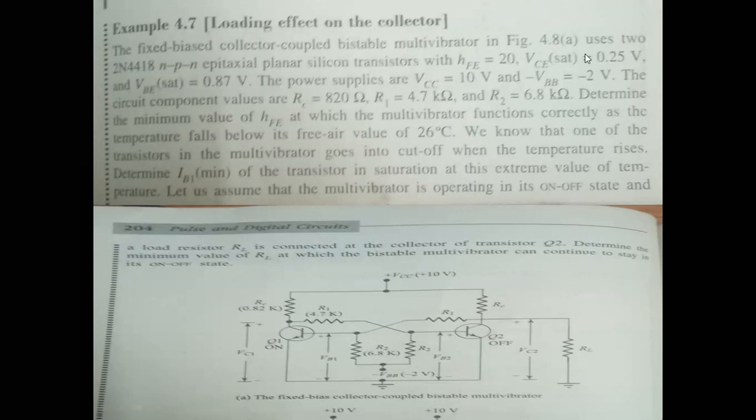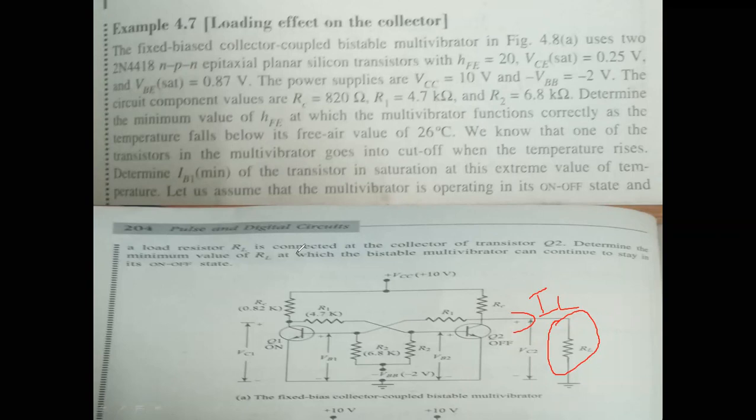That means if we have a load resistance, this is your load resistance, then the process will be the same. The same currents I1, I2, all we are going to find out the same. Along with that we are going to find out the load current also. So we are going to find out one more new current, that is IL current. In case they have mentioned the load resistance, we find out the load current also. The remaining part will be the same. There won't be any change.